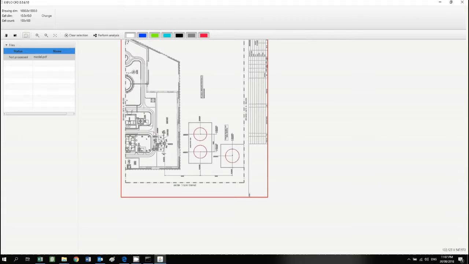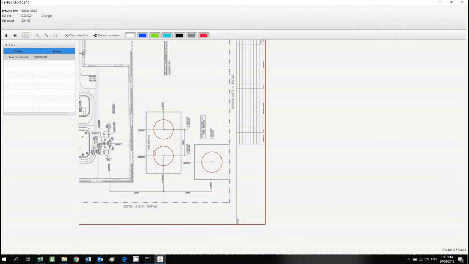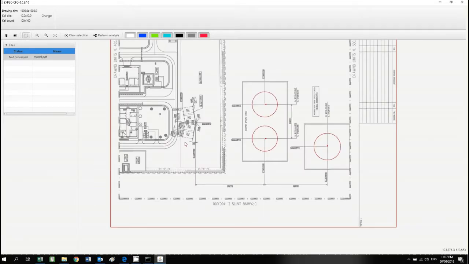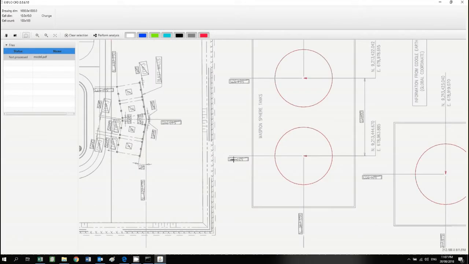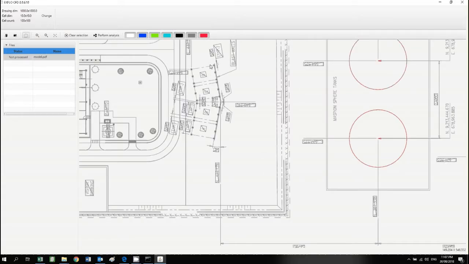So these tanks, and I can zoom in with the middle mouse button, rolling up the middle mouse button, and I can select the components of the blast wall. You can get as fine as you like. I mean, for this purpose. And I go right click and then unexclude, and go back and exclude this text stuff that I'd selected by